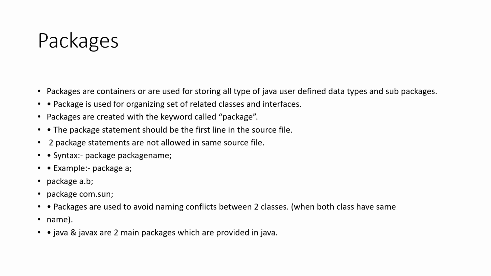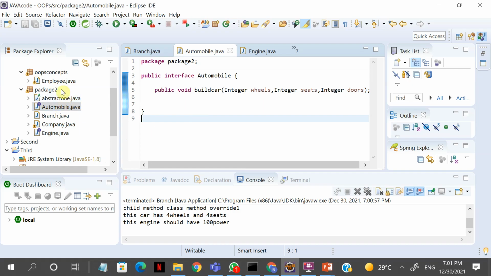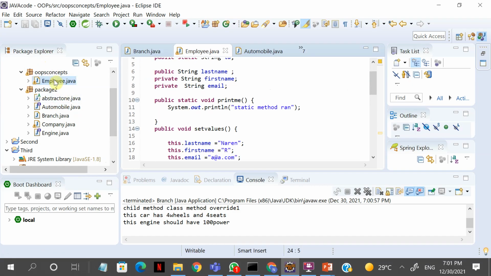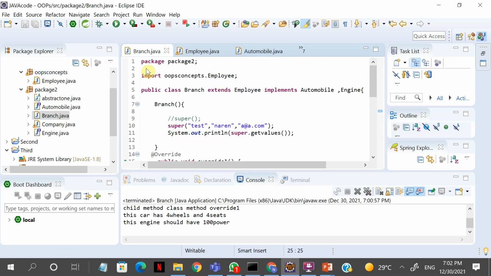We already use packages, right? And there are some out-of-the-box packages which Java gives you. See our package here. Remember, we had put this in the oops concept package, and this oops concept employee we are using here. Now when you say import dot,